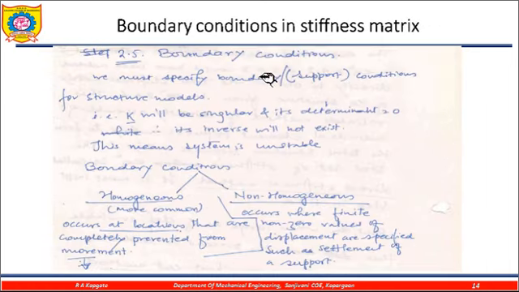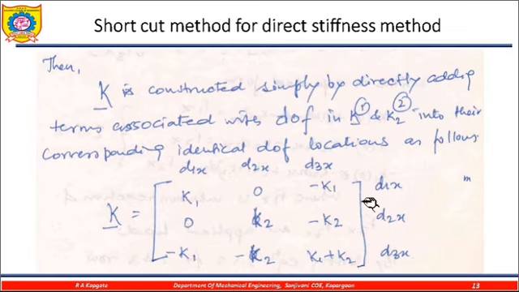Now the boundary conditions. Once we have found the global stiffness matrix, we need to apply the boundary conditions, because without applying them we cannot solve the problem. The matrix we are generating is a singular matrix. Why is it called singular? Because if we calculate its determinant, we get a value equal to 0. So the determinant of my k matrix is equal to 0, hence this is a singular matrix.